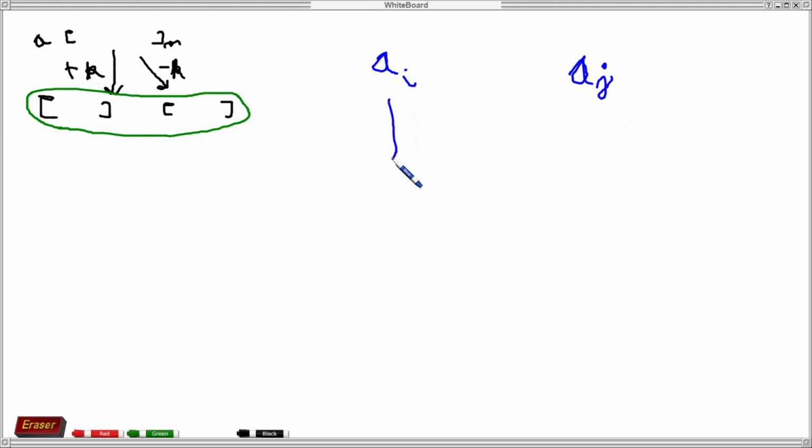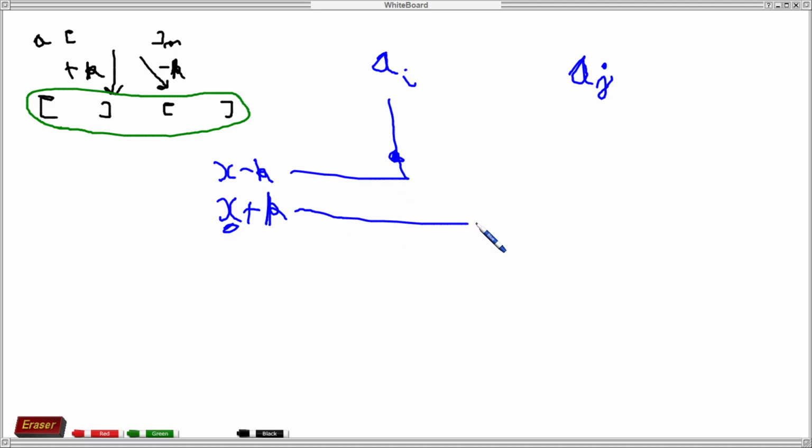If it is formed from, let's say, this original element in array A, and we add K to it and subtract K from it, then subtracting K gives AI, and adding K gives AJ.